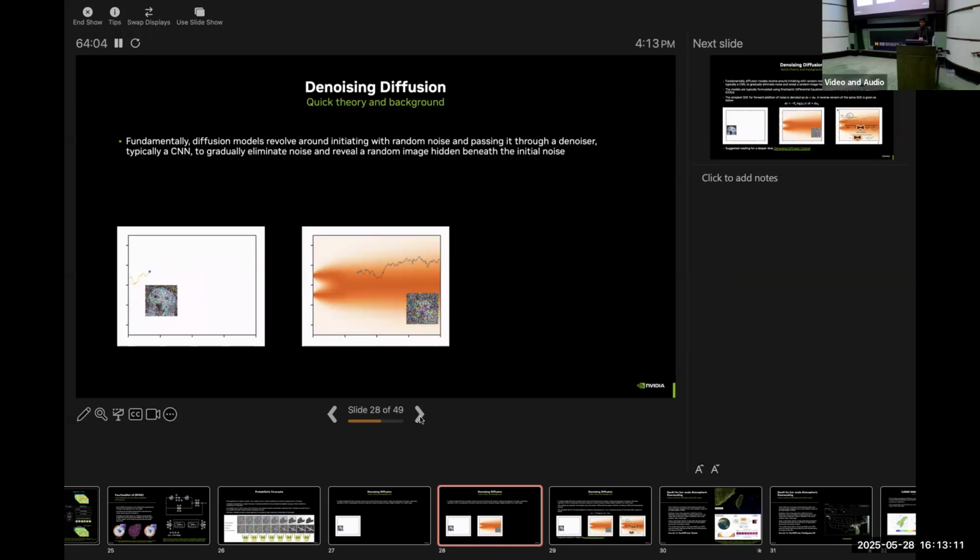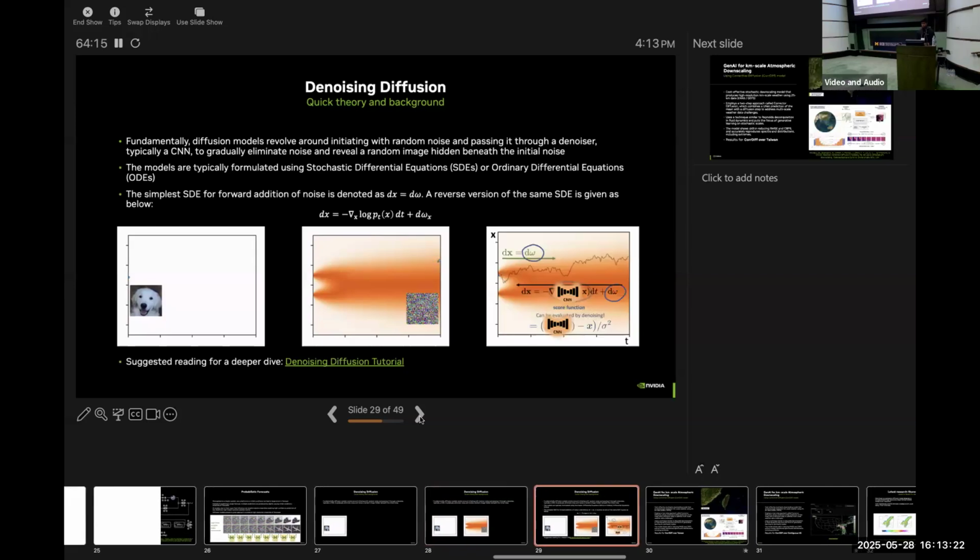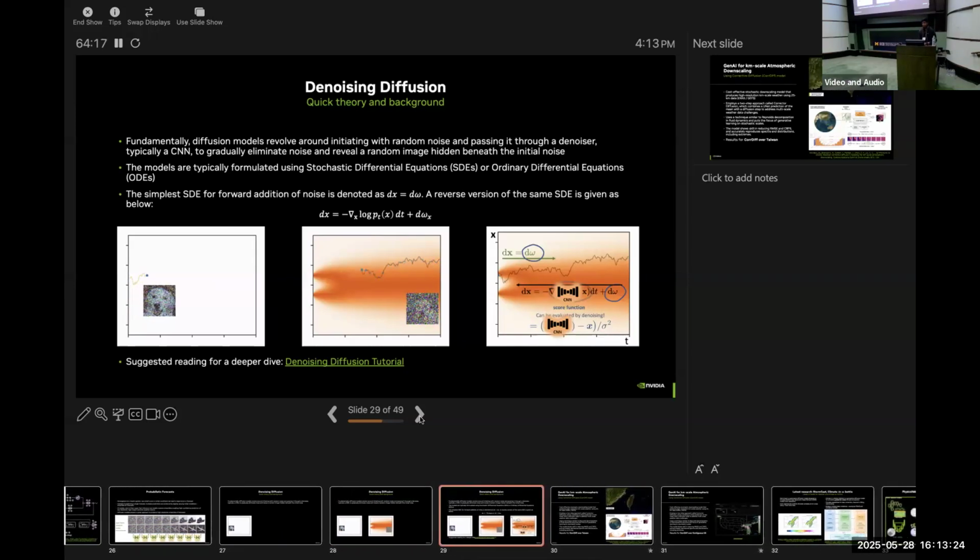And these type of models are the backbone of some of these image generating models, right? Like the DALL-E and the OpenAI models. So that's on a very high level how these denoising diffusion models work. And these models basically are formulated either through a stochastic differential equation or an ordinary differential equation.